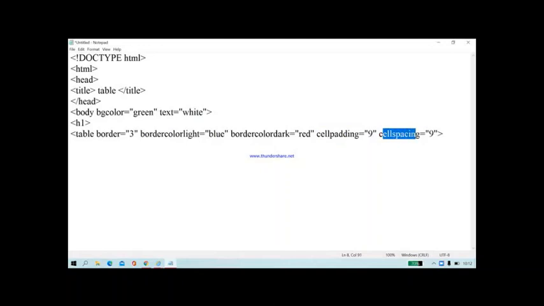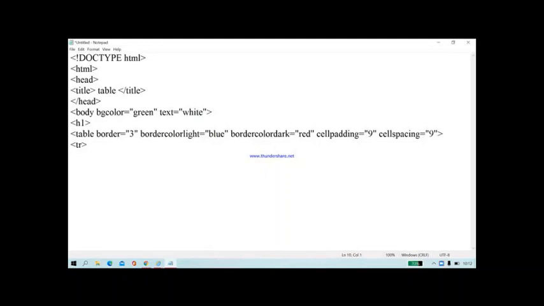So this is a complete table tag which has the attribute border, border color light, border color dark, cell padding and cell spacing. Now when you use the border attribute, then only you can use the border color light and border color dark. If you don't want to put the border for the table, then you will not use the border color light and border color dark attributes. After this, the first row, as I have told you, you have to go row wise in the table. So as you have to go with the first row, to start with a row, tr tag is used, which is followed by table tag.